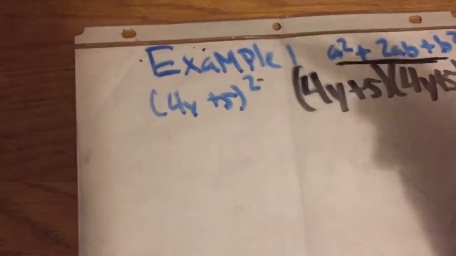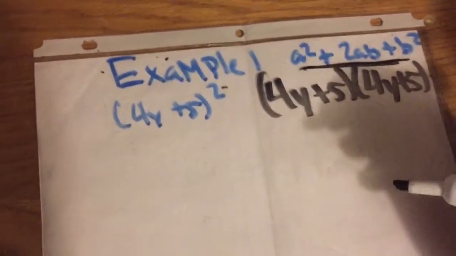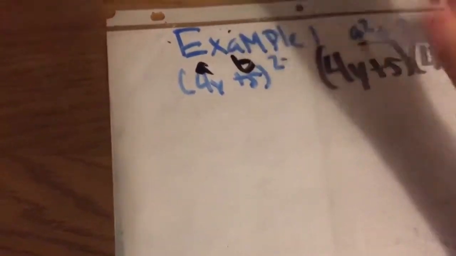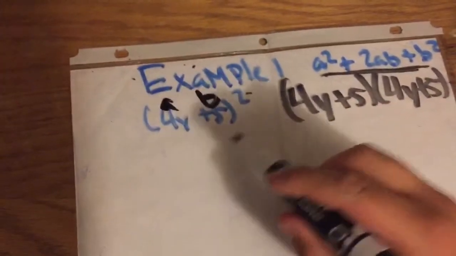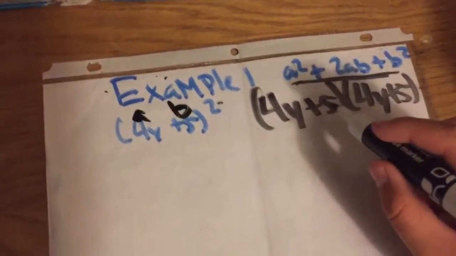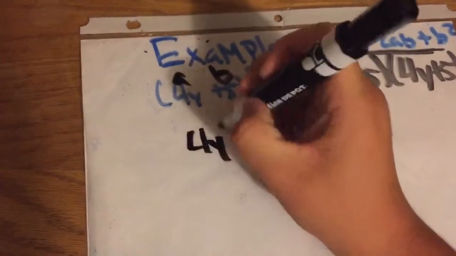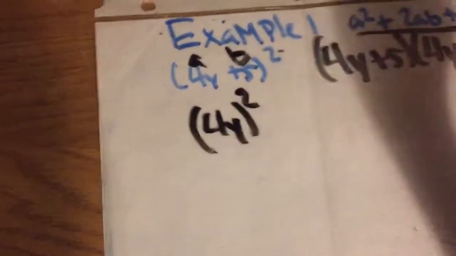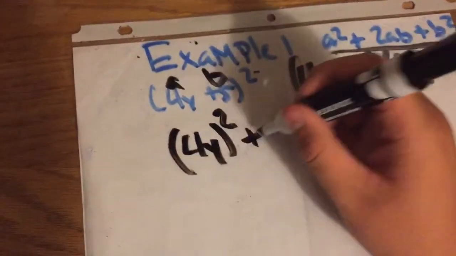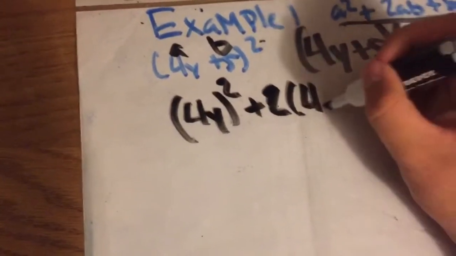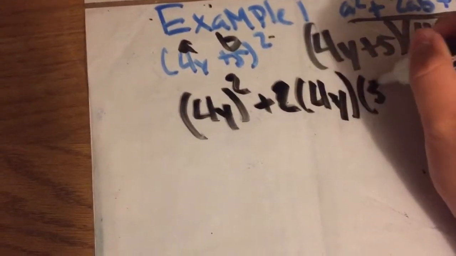Now, your first thing to do is determine which one is a and which one is b. The first term is a, and the second term is b here. So now that you know which one is a and b, you can plug them into this expression, which is going to be a squared, so (4y) squared, plus 2ab, plus 2 times 4y times 5, plus b squared, which is going to be